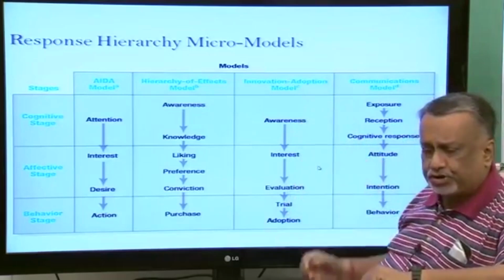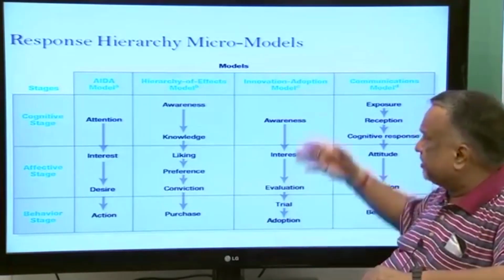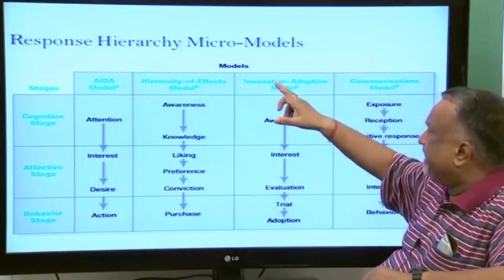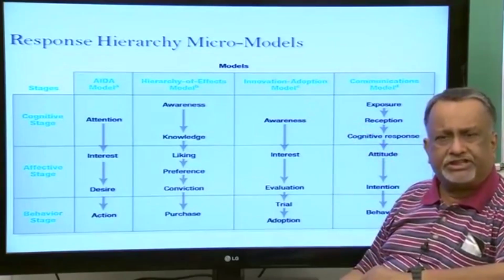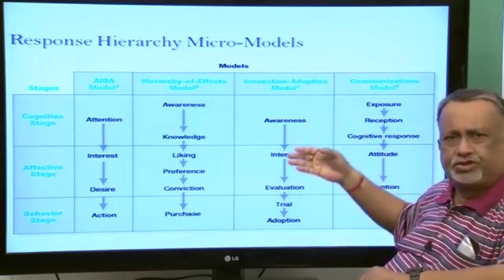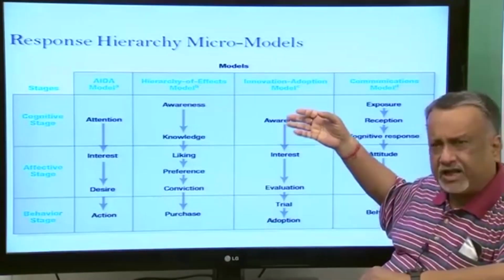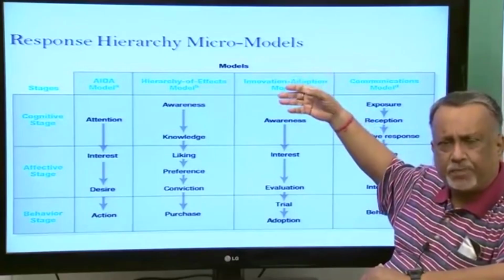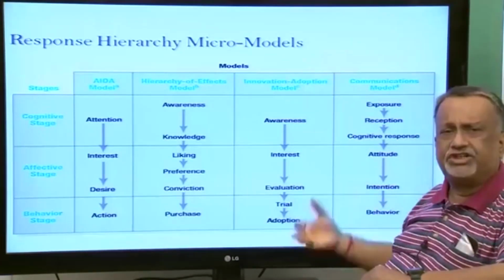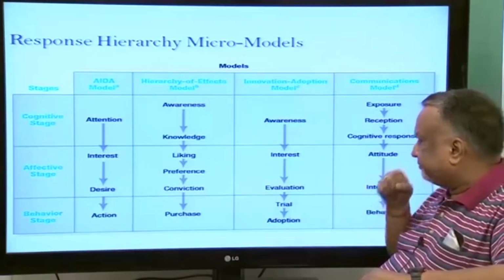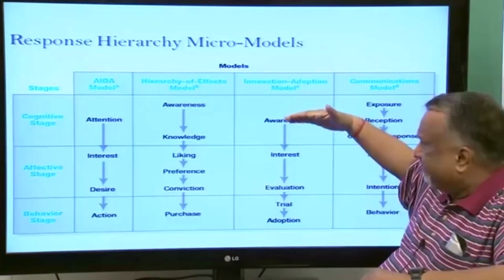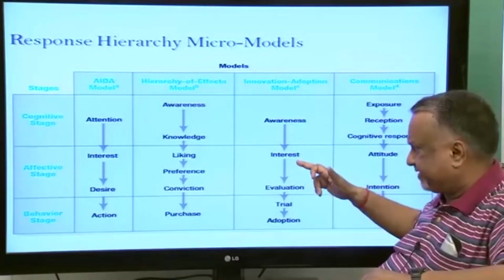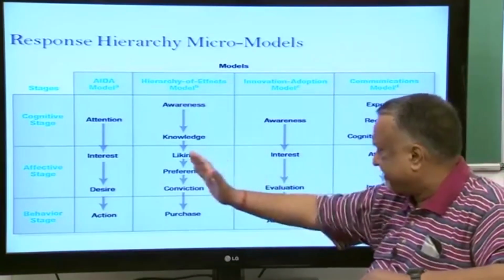This model proposed by E.V. Rogers, this also happened in the early 60s, is extremely important for the innovation adoption model. So, this is actually used for new products. This is very important to understand diffusion of new products, adoption of new products. So, the famous Rogers model. Here the awareness level remains the same, but here interest and evaluation, there is similarity,